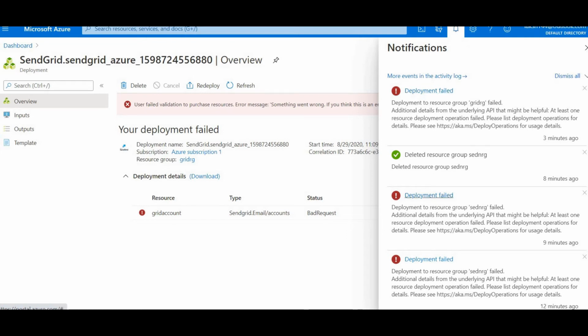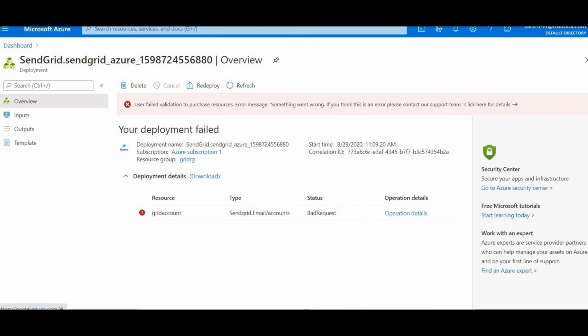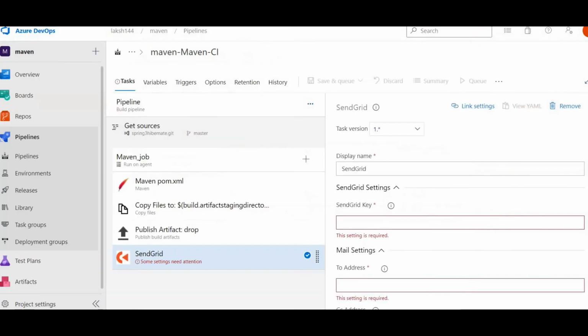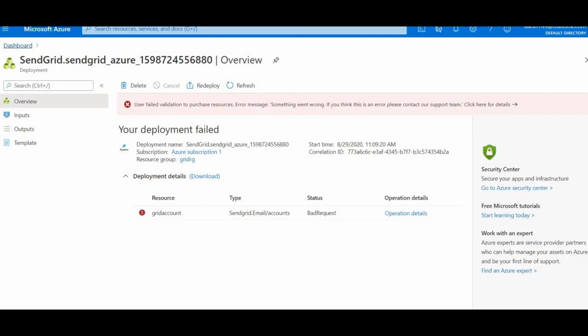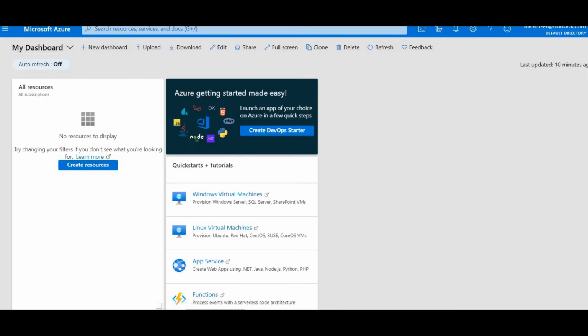Deployment failed, deleted RG, deployment failed. If you want, I will create a separate video on how you can create the account and fetch the API value from the SendGrid account. After the resource is created I cannot show you since the deployment is failing.